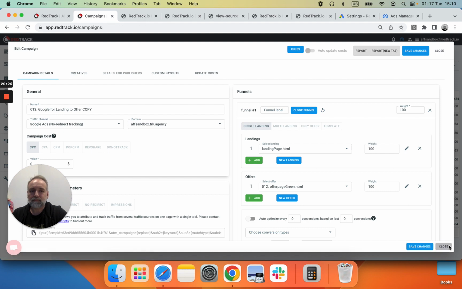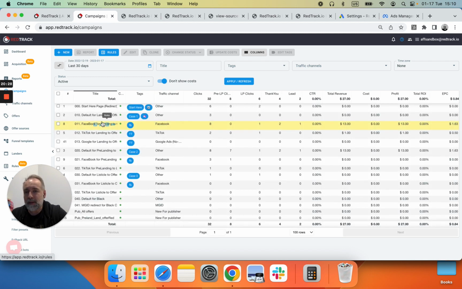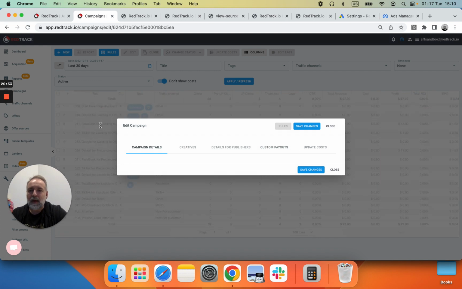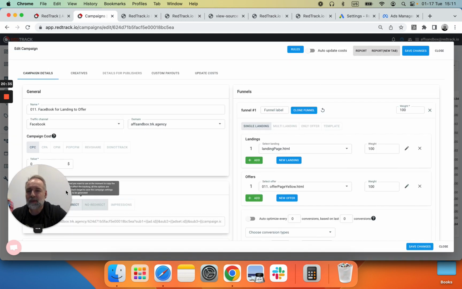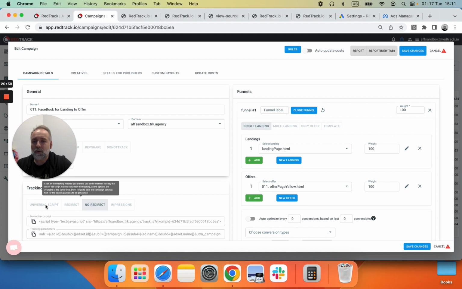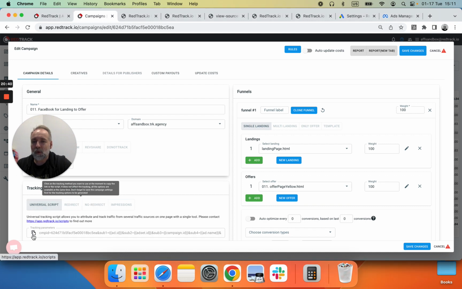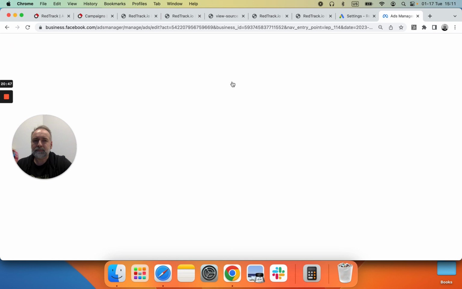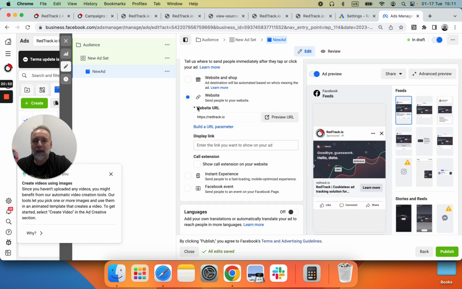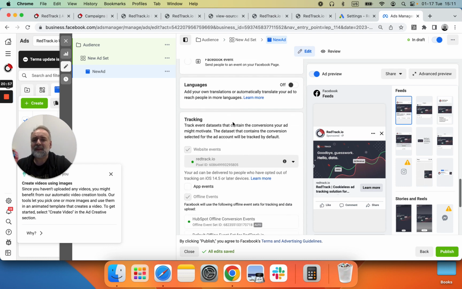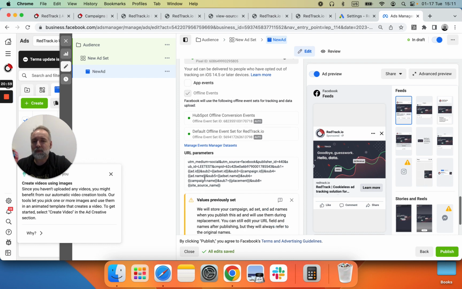Now close. You go into Facebook campaigns, and you copy parameters for Facebook. Again, either no redirect or universal tracking script. You copy the parameters. You see they're slightly different because Google is Google. And you go into Facebook Ads Manager, and in the ad you skip this part. Of course, you can add parameters right here, but there is an intended field where you add your parameters